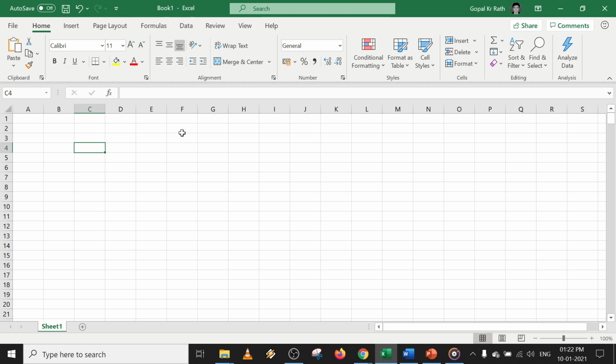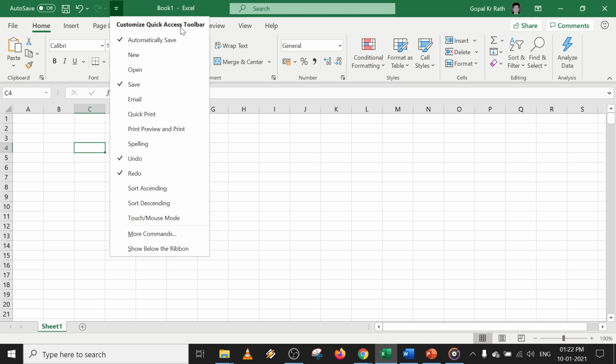In this video, you are going to learn about the customized quick access toolbar in Word, Excel and PowerPoint. First, I will show you in Excel, then I will move to Word and PowerPoint. In customizing the quick access toolbar, if it is on the top and you want to move it down, below the